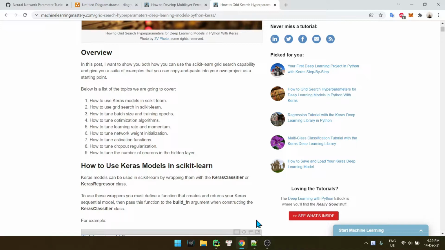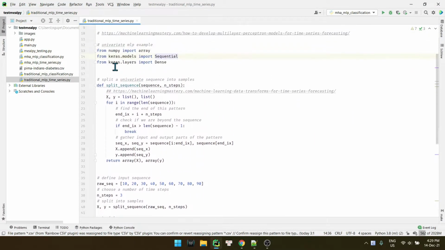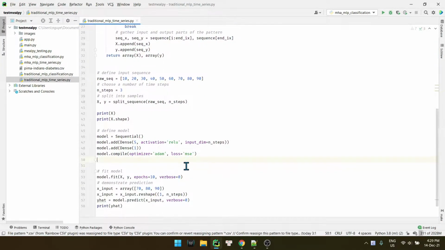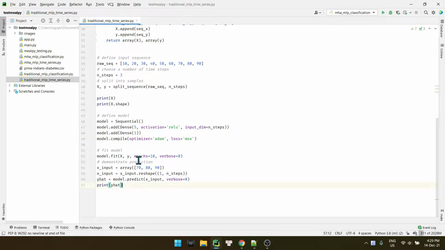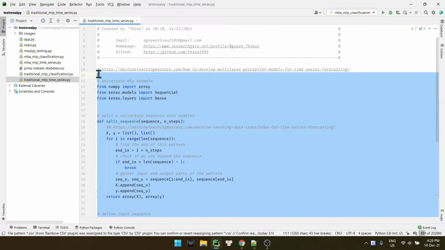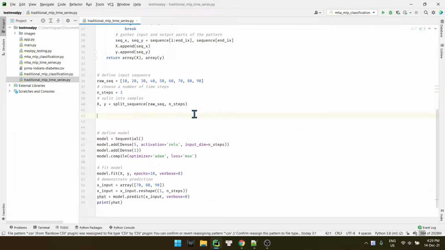Okay, let's get back to the traditional code. Here is the traditional code, right? So now I would like to optimize the first one, the batch size for training.